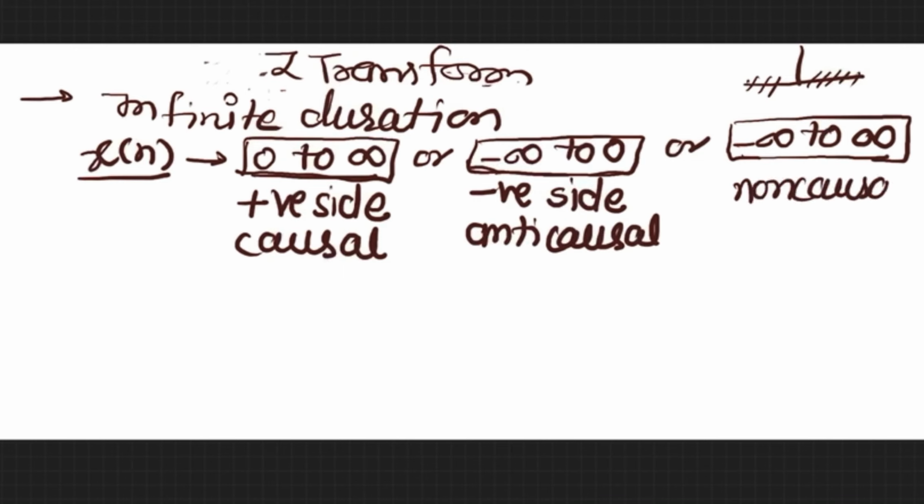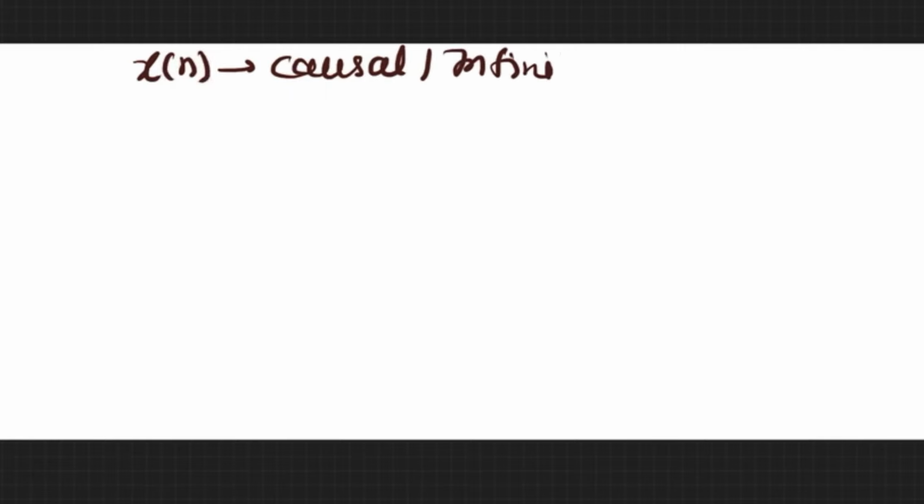So, while analyzing, we will get these three types of signals: causal, anticausal, and non-causal. These three types of signals have different approaches for the calculation. So we will start one by one. Now, if our time domain signal x[n] is causal and it is of infinite duration, then